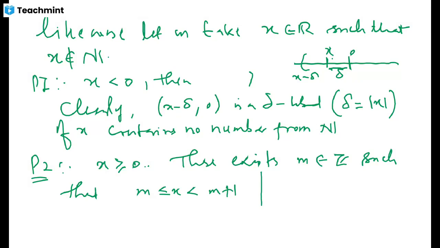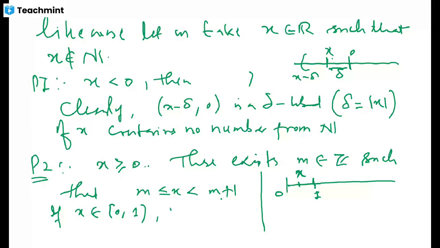in case x lies to the right of 0, and you have the first natural number 1, and x lies somewhere between 0 and 1, and it is not equal to 0, then one of the numbers has to be 0, because m and m plus 1 are consecutive integers. If x lies in this interval between 0 and 1, it cannot be equal to 1. Then clearly m has to be 0, and you have the situation m equal to 0, less than or equal to x, less than 1,